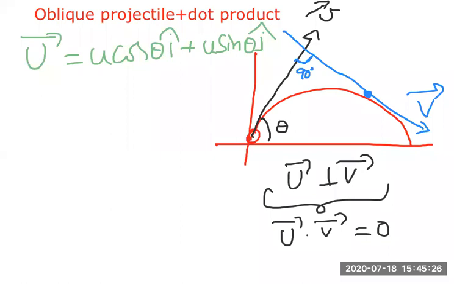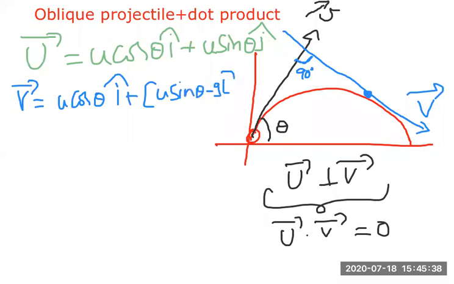And what is v bar? Velocity at any instant. The velocity at any instant formula is u cos theta i cap plus u sin theta minus gt j cap. This is the velocity at any instant formula, u bar is the initial velocity, v bar is the velocity at any instant. The given information in this application is an oblique projectile. We discussed the initial velocity vector and the velocity at an instant vector. The condition here is that those two are perpendicular. As those two are perpendicular, we know the dot product is 0.